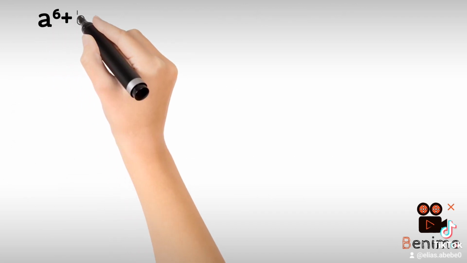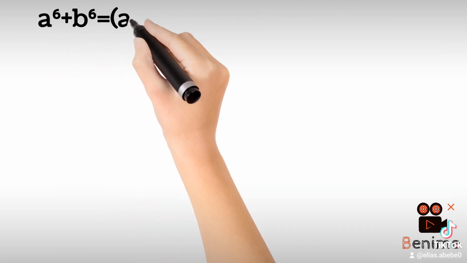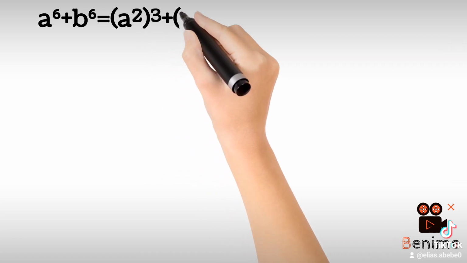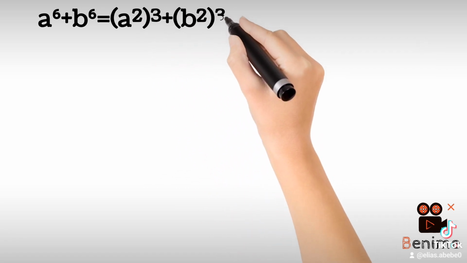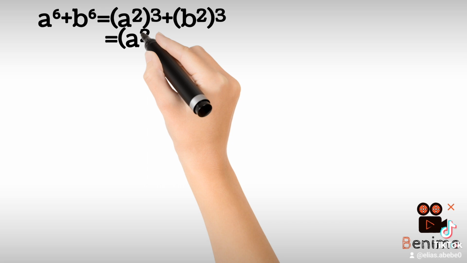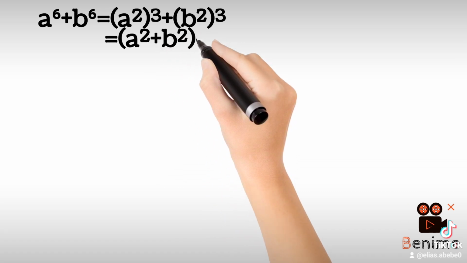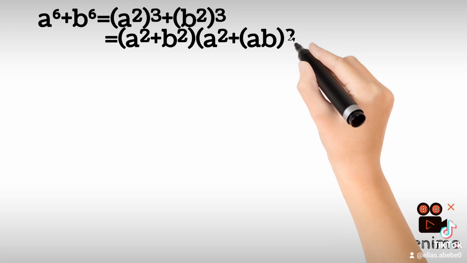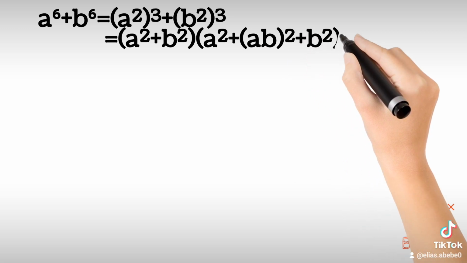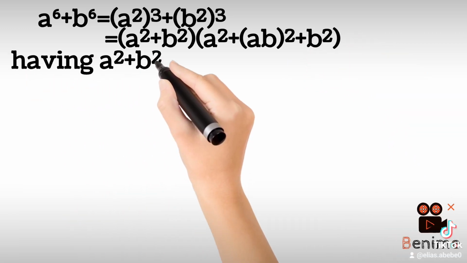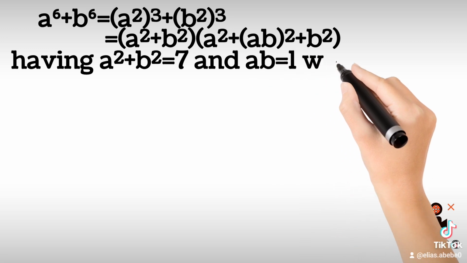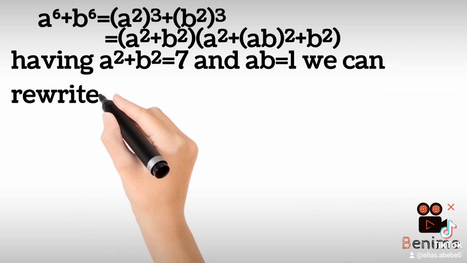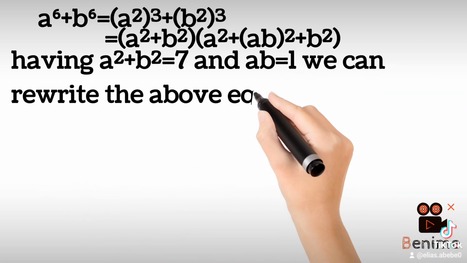Turning back to what we required, a to the power of 6 plus b to the power of 6, which is re-expressed as (a squared) cubed plus (b squared) cubed, which in turn equals (a squared plus b squared) times (a to the power of 4 minus a squared times b squared plus b to the power of 4), having a squared plus b squared equals 7 and a